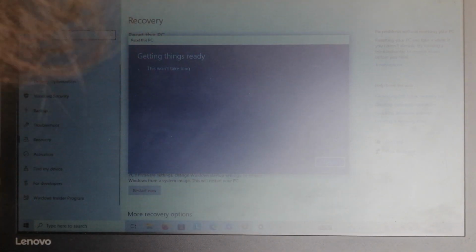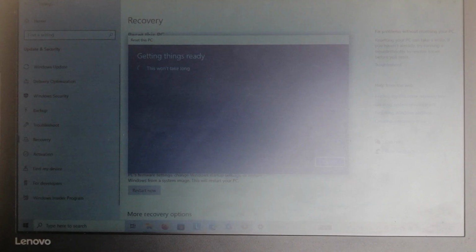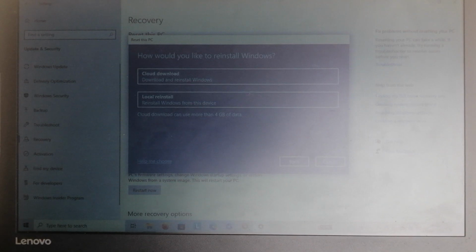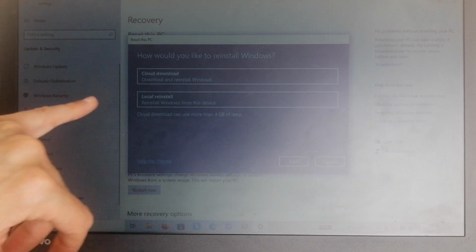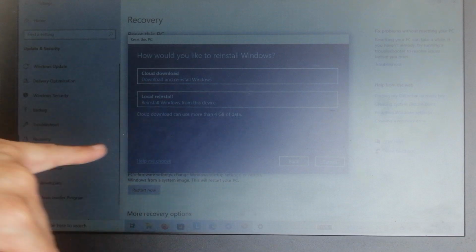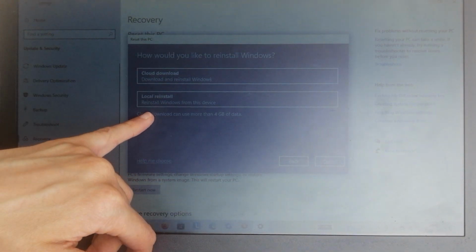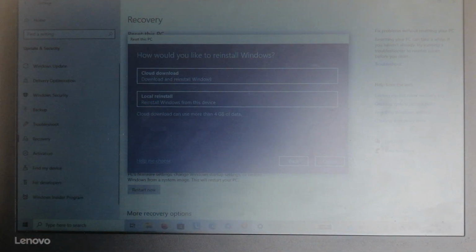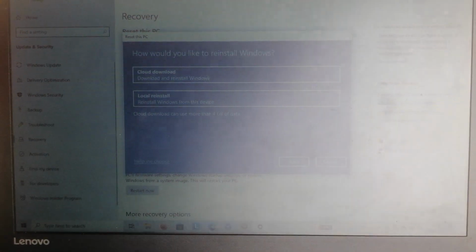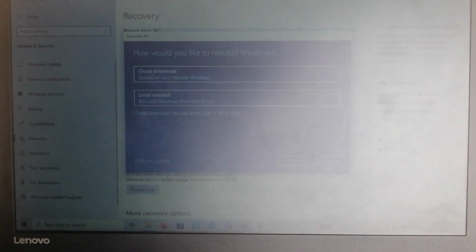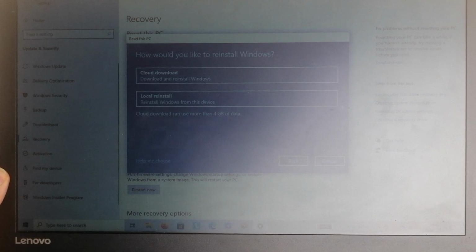So we click on that, and then it won't take long to do that. But this would remove all programs or applications, so you have to reinstall everything. So it's going to give you two options now: cloud download, which downloads the latest Windows 10 from the Windows cloud system, or a local reinstall, which is going to reinstall the latest featured Windows 10 update from your computer. So click on that one. I can't see very clearly because of the light reflecting off the screen. So you click on one of those two,